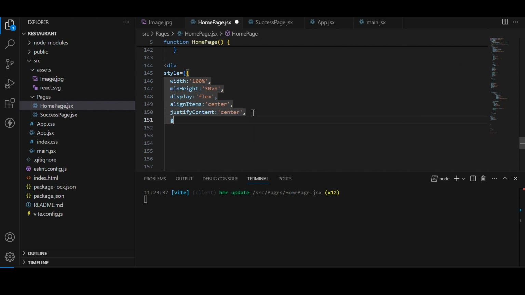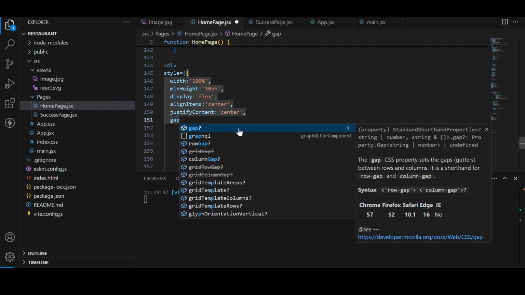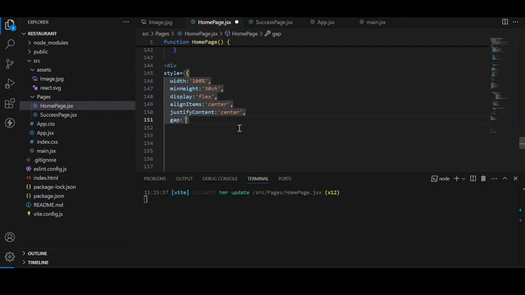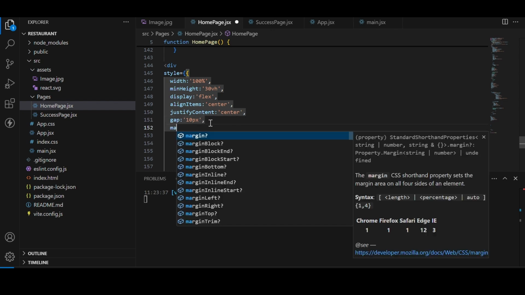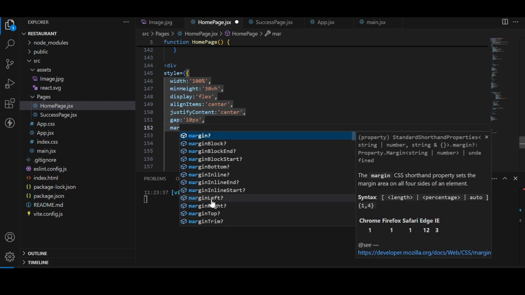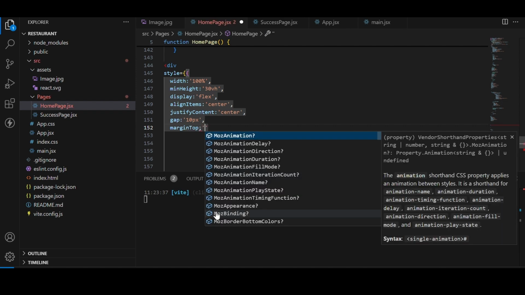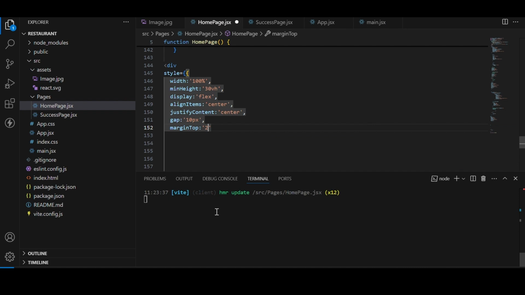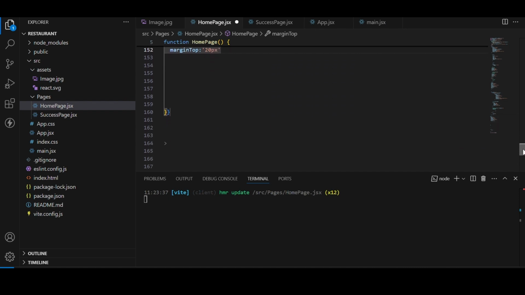Gap would be 10 pixels, and margin top, that's a margin top here. Margin top will be 20 pixel. Okay. So let me pass here inside my new div,